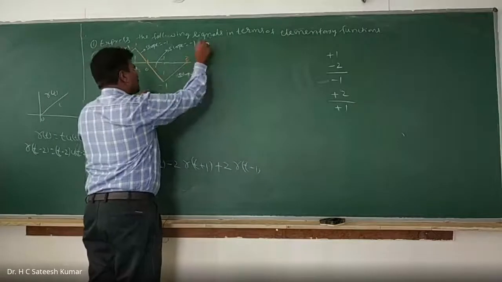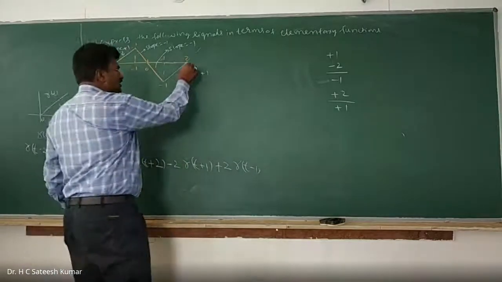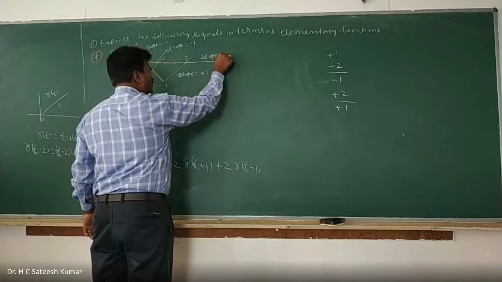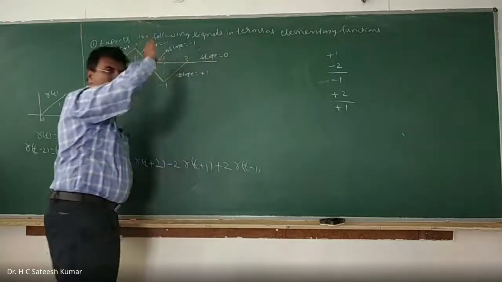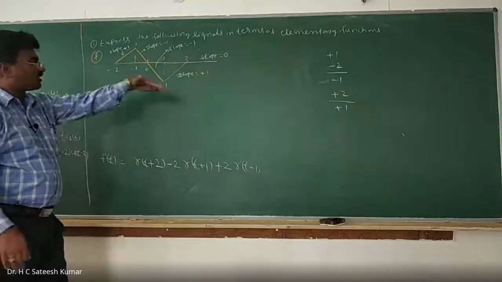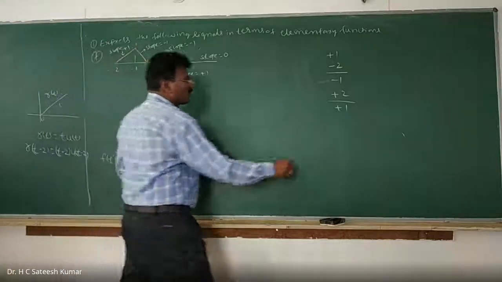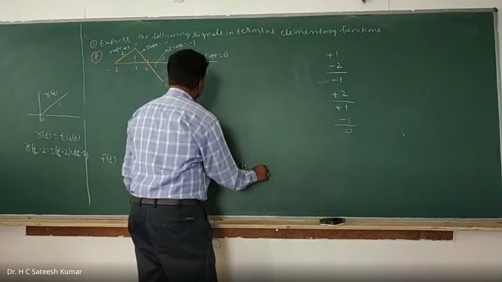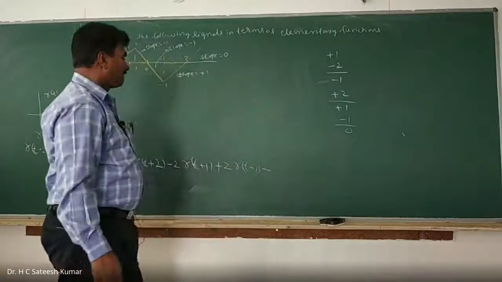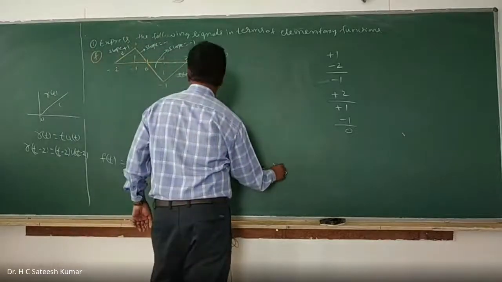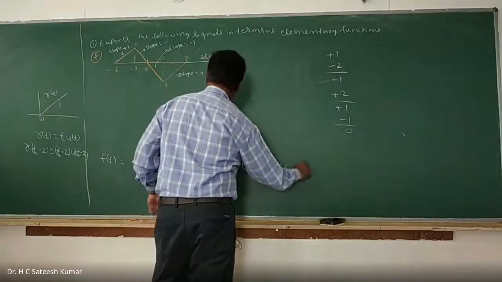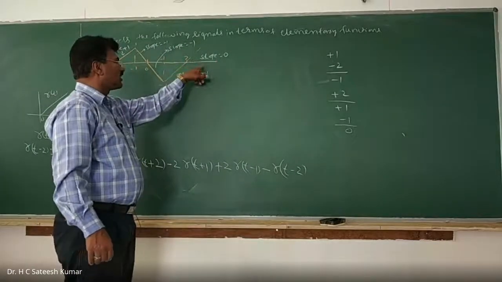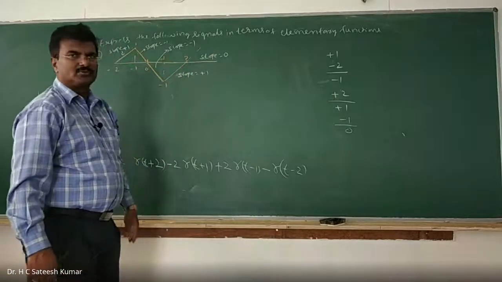Now I am going with a slope of plus 1. Don't stop at this point. I want to make the slope equal to 0. Otherwise, it will not stop. If you are not cutting it, it will go like this only. You have to cut it down so that it will become 0. So if you want a slope of 0, what should I add? Minus 1, you should add. So what should I write? Minus R of t minus 2, starting from 2. I should have a slope of 0. Add a slope of minus 1 from that point, so that the slope becomes 0. So that's how we should use it.